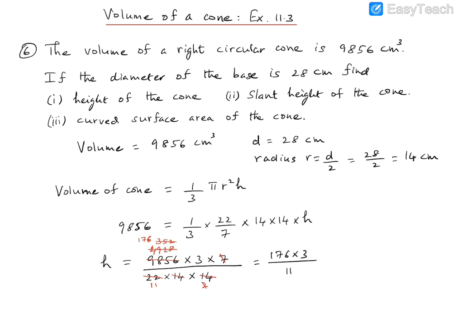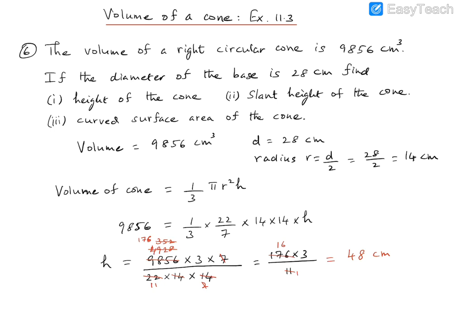So 11 goes into 176 16 times, and 11 ones are 11, so it's 16 into 3, and we get 48 as the answer, which is our 48 centimeter, which we had previously obtained as well. Okay, so it's the same thing, but we have just shown the working of the calculation here. So we have 176 into 3 divided by 11, which simplifies further, and we get 48 centimeters for the height